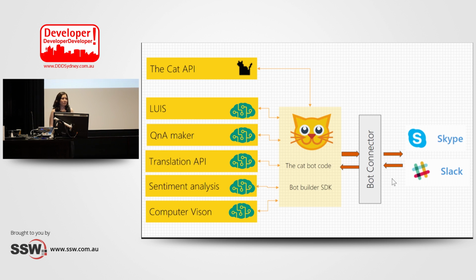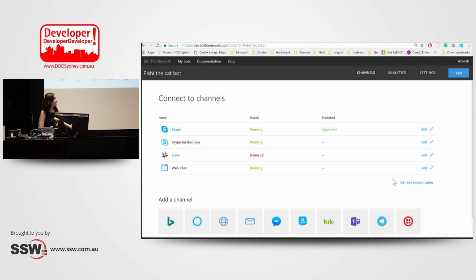Now I want to add my chatbot to different messaging apps like Skype and Slack. The only thing that you need to do is go to the developer portal and click Add Channel, and follow the instructions that the portal provides. It's that easy. And in future, if your marketing managers or program managers decide to open your chatbot to new messaging apps, you can do it. You don't need to change any code or any setting. It's magic.